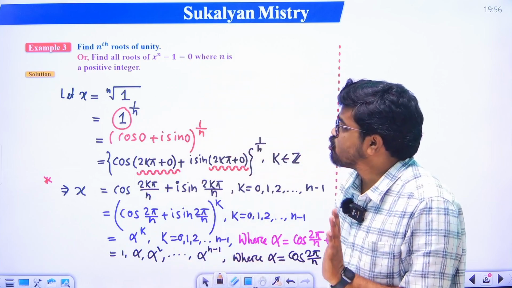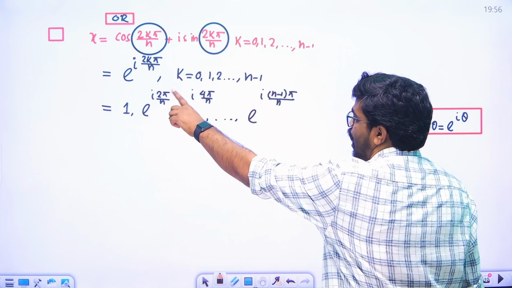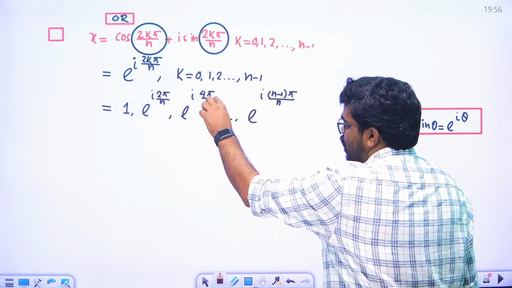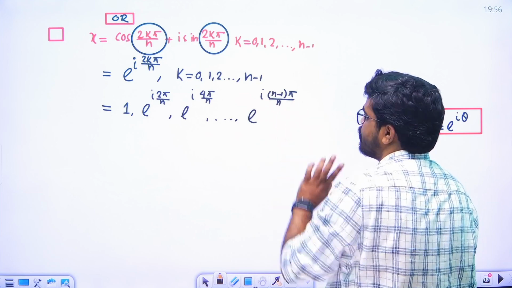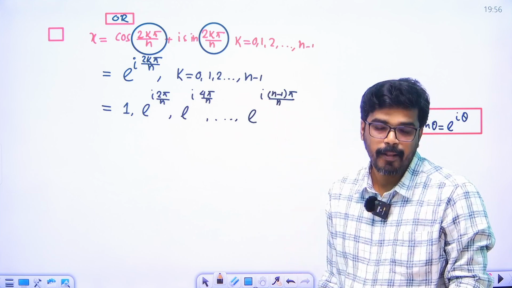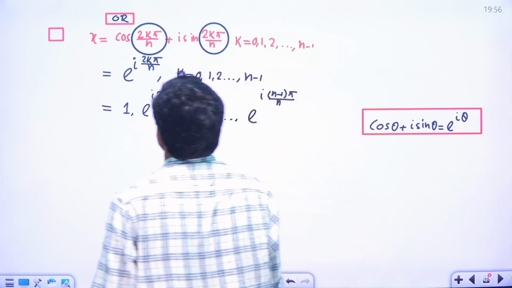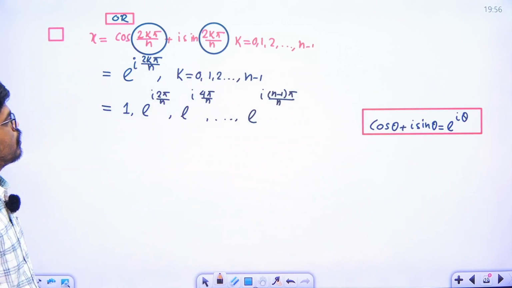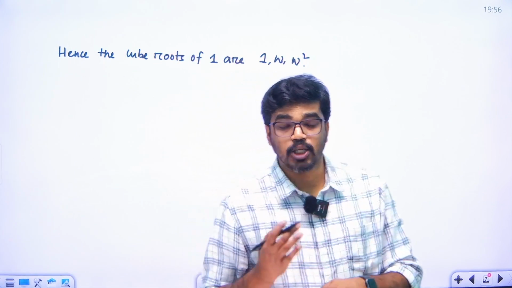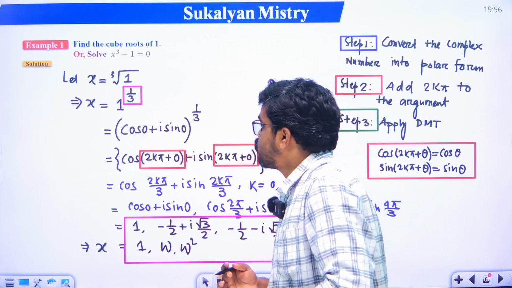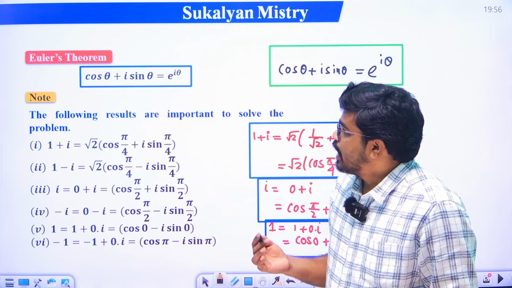So the nth roots of unity is 1, e to the power i 2 pi by n, e to the power i 4 pi by n, dot, e to the power i n minus 1 pi by n. Okay, right? Clear? So this is the concept, how to find cube roots of unity, how to find fourth roots of unity. Okay, and